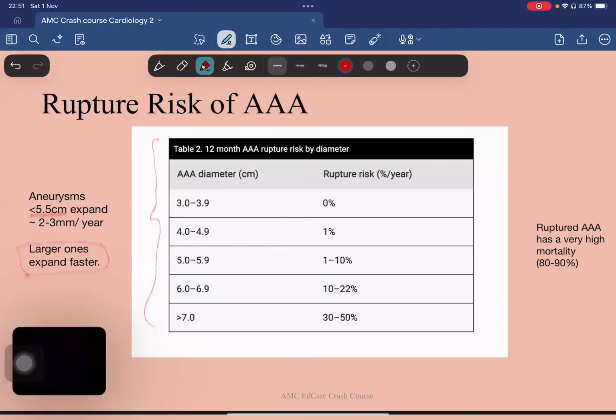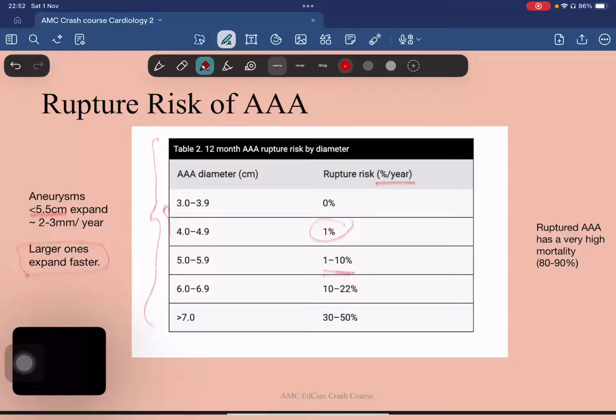Just how I roughly remember, below 4 centimeters, the rupture risk is negligible. It's 0%. And then between 4 to 5, there's like a 1% risk per year. This is per year risk. And then once the aneurysm crosses 5.5, that is when we call it a large one, the risk shoots up. It could go somewhere between 1 to 10%, now up to 20% per year. So that is a rough way to remember this chart,